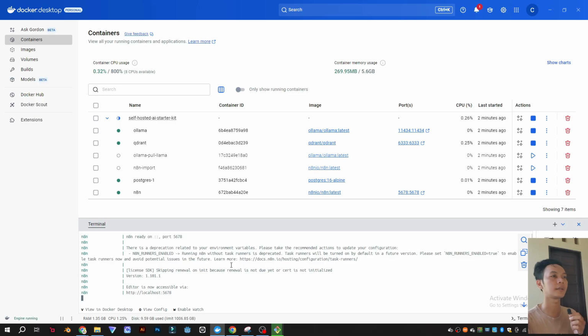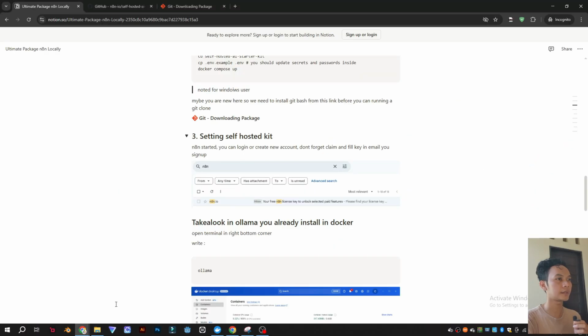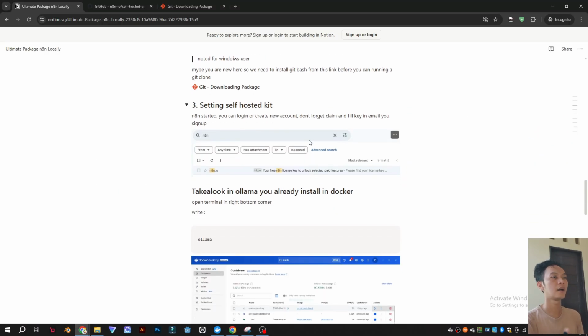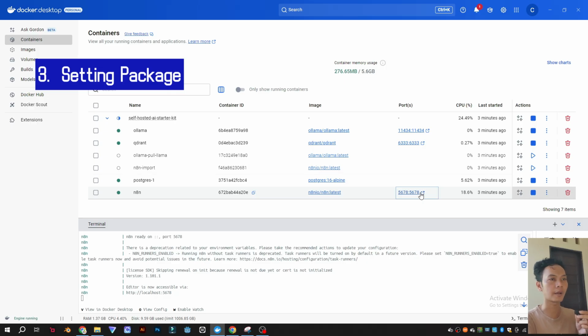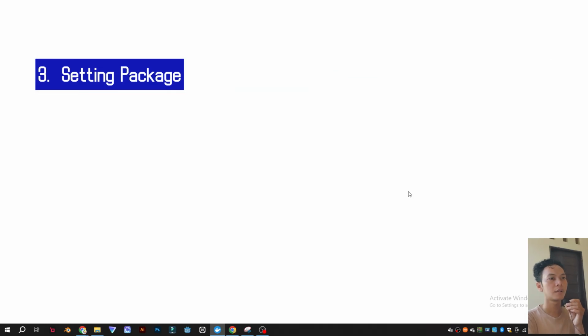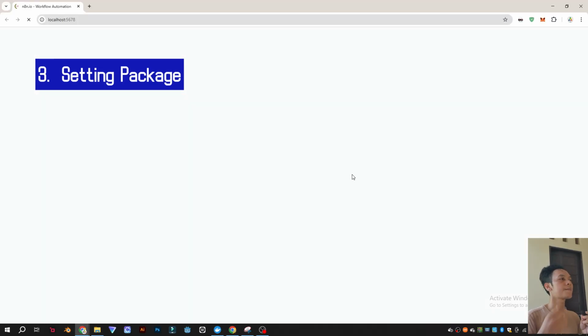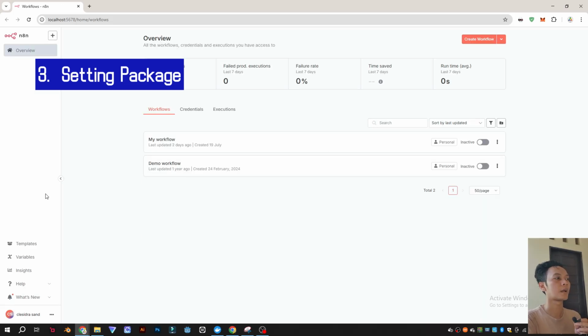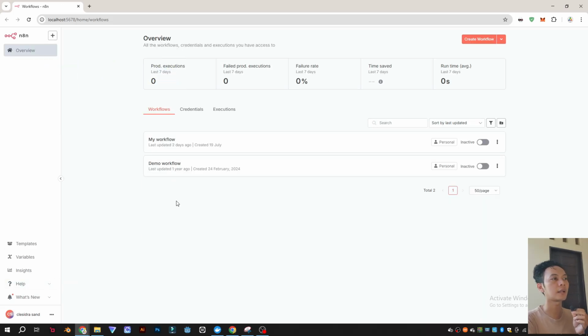Okay, seems like the self-hosted AI starter kit is already finished. You can see here in the container they already put Ollama, n8n, and Postgres. So let's take a look. Back to the guide setting. If you already finished, you can open this localhost. I've already installed it before.